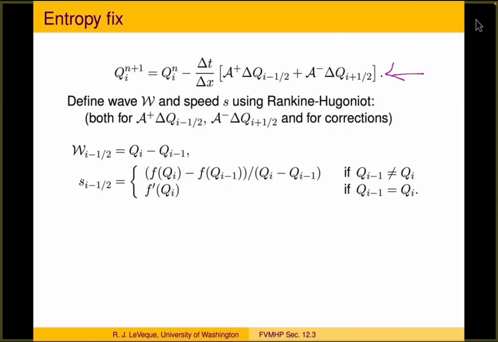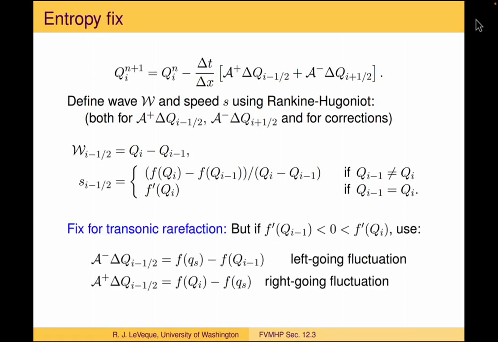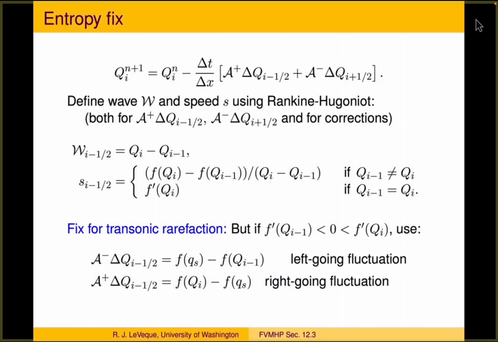So instead of using the wave and the speed for these first order terms, we'll go back to using the true flux at the interface, which is F evaluated at the sonic point, and define the fluctuations as flux differences between that value F at the sonic point, which is the value of the flux right along the interface, and the fluxes in the neighboring cells. So go back to using the flux differencing form of Godunov's method in this particular case of a sonic rarefaction wave. And it turns out if you do that and